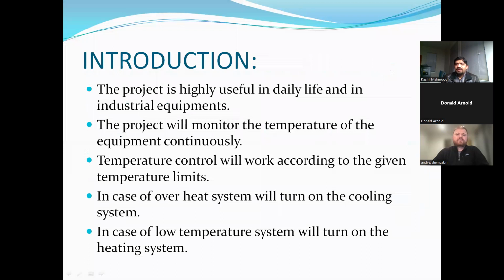A little bit of introduction to the project. My project is very useful in our daily life and in industrial equipment. The project will monitor the temperature of an equipment or of a system, and it will work according to the temperature. Let's say in case of temperature risk that is harmful for the device or the system you're using,